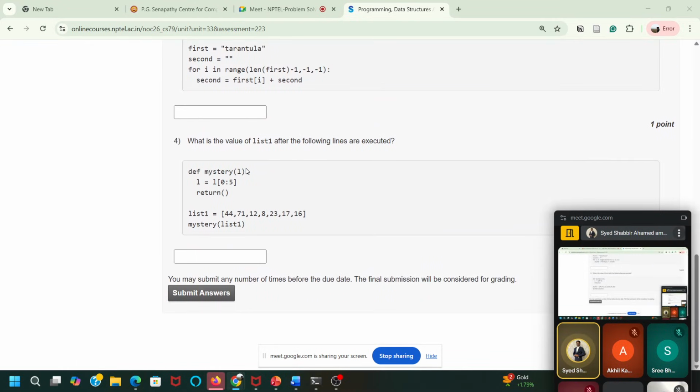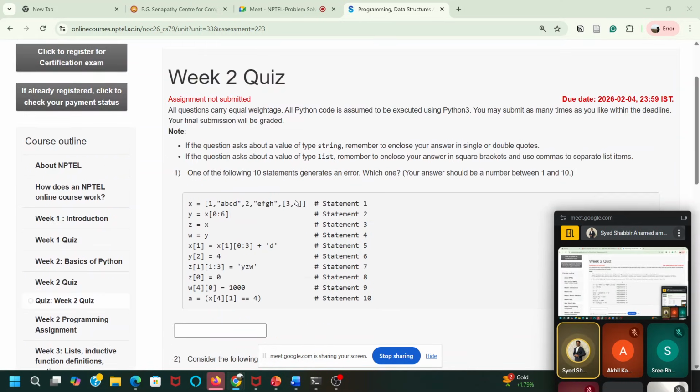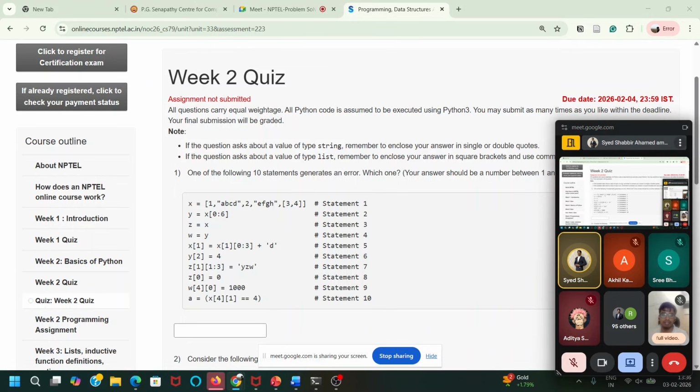There are a few simple questions. You can just execute them, but I would say don't go to Python and run this first. First, try to understand what these statements are trying to do here, and based on that, try to say which is the answer just by looking at them.